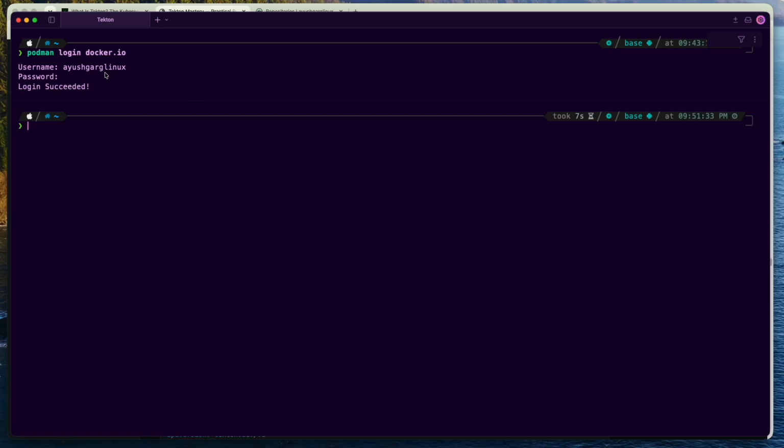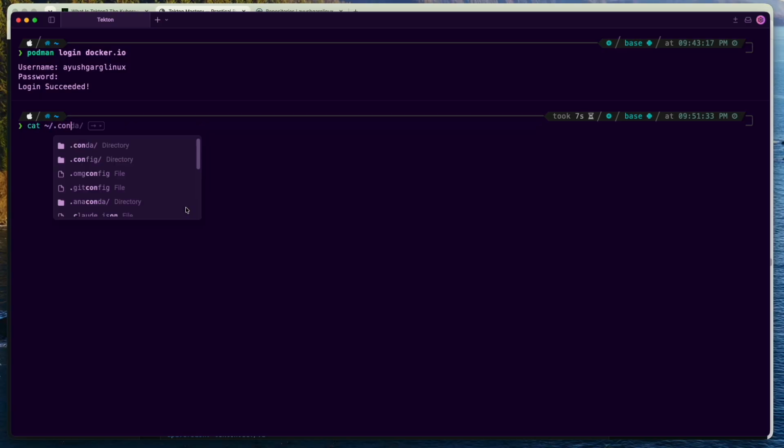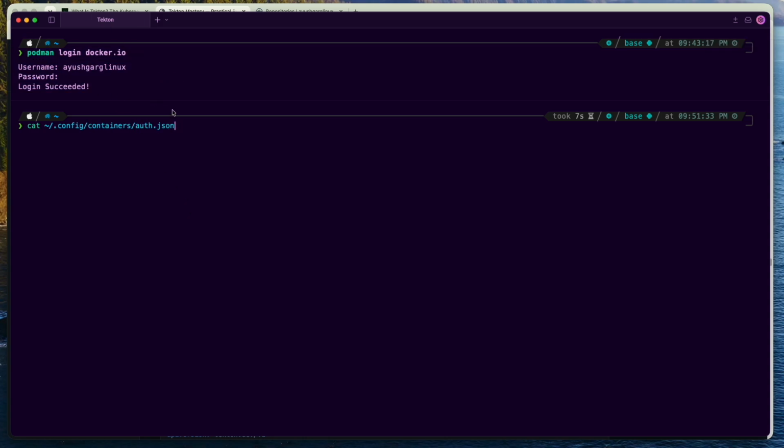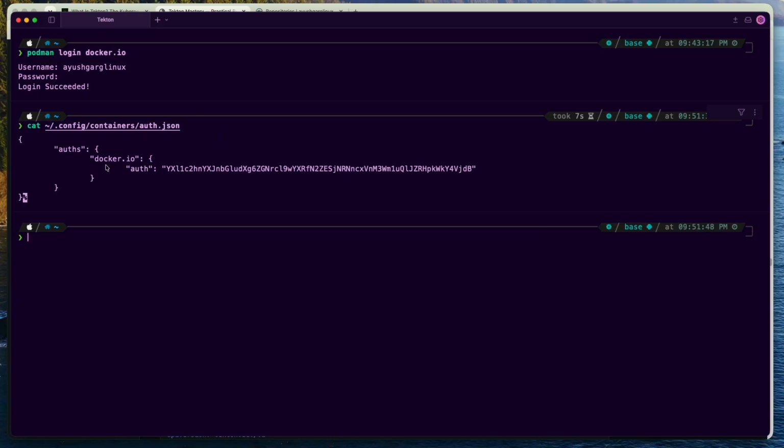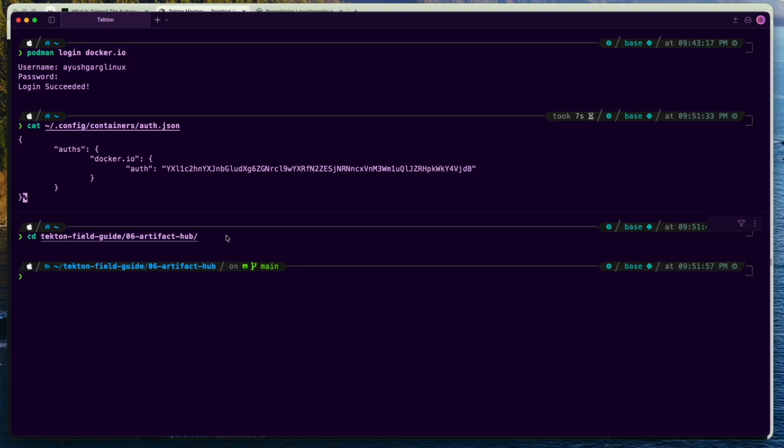So once the login is done, since I'm on a Mac machine, I can check on this path containers and auth.json. As soon as we do podman login to any of the registry on a Mac machine, the credentials get saved into this file. And if I go inside my particular repository, artifact hub, and check the secret